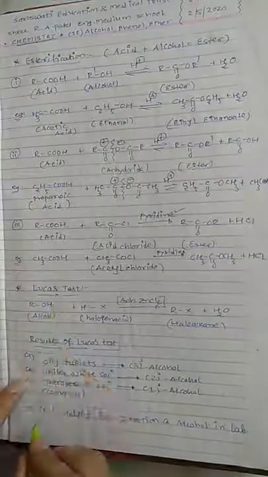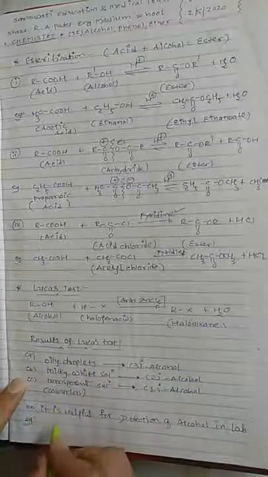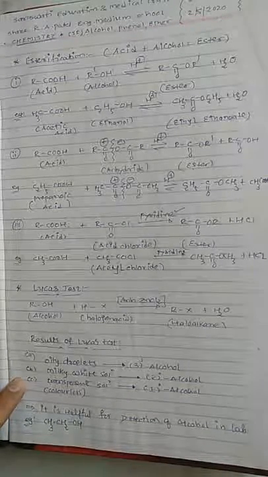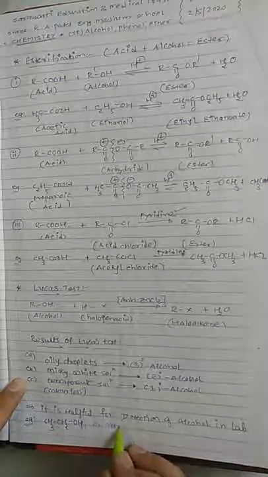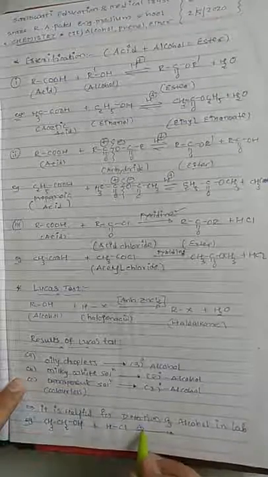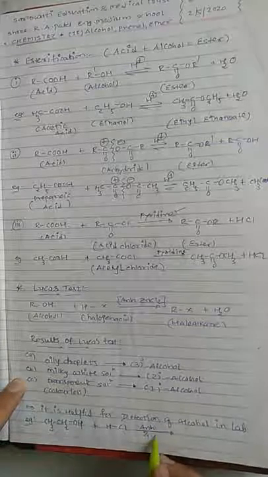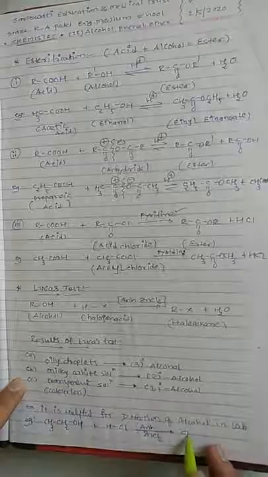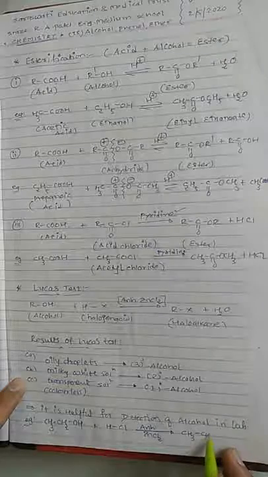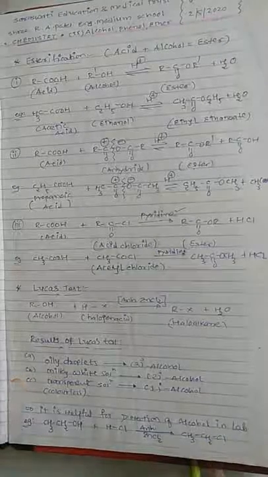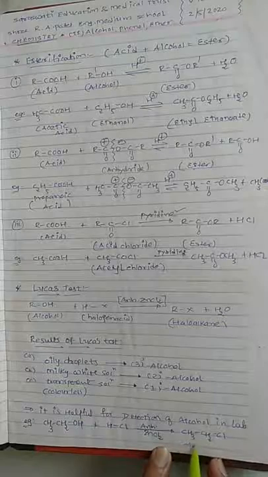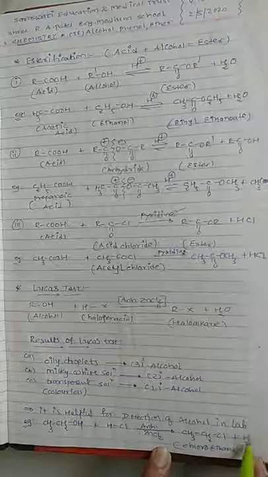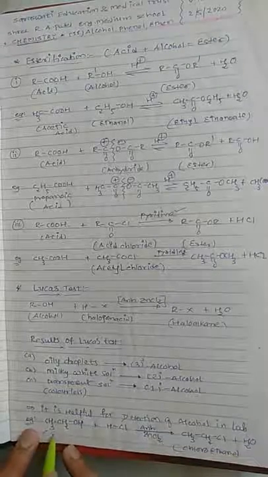We will write one example for this. So I will write an example of Lucas. Instead of R, I will write ethyl group. This is ethanol. When it reacts with HCl in the presence of anhydrous ZnCl2 as a reagent, exchange of chlorine and hydroxyl group will give CH3CH2Cl, meaning chloroethane product is formed. Chloroethane, with loss of water from ethanol or ethyl alcohol.